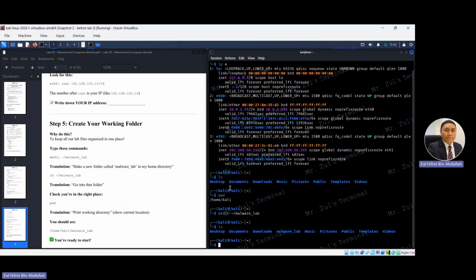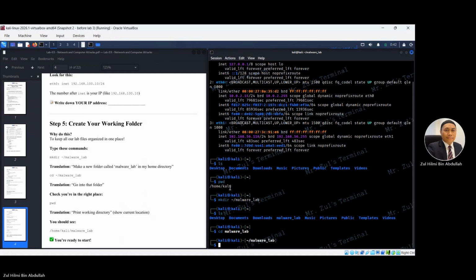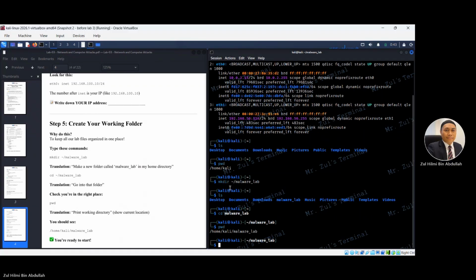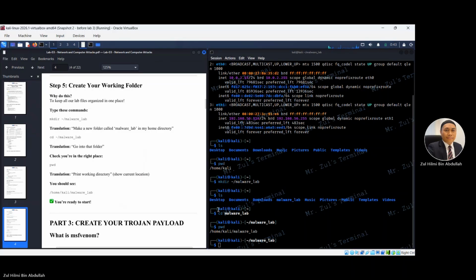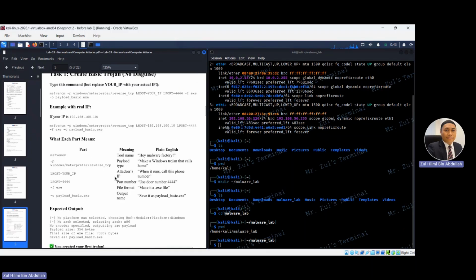Okay, go to malware lab, right? Click malware lab. Okay, cd. And then you need to check your path. Okay, the path now. You can see this is my path, so you will work inside this folder only. Okay, now